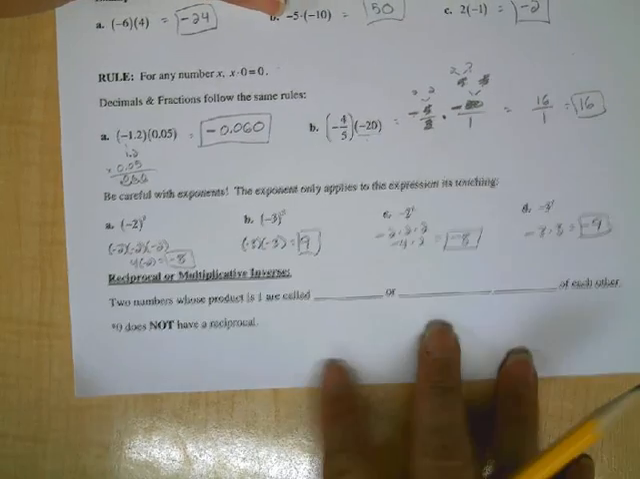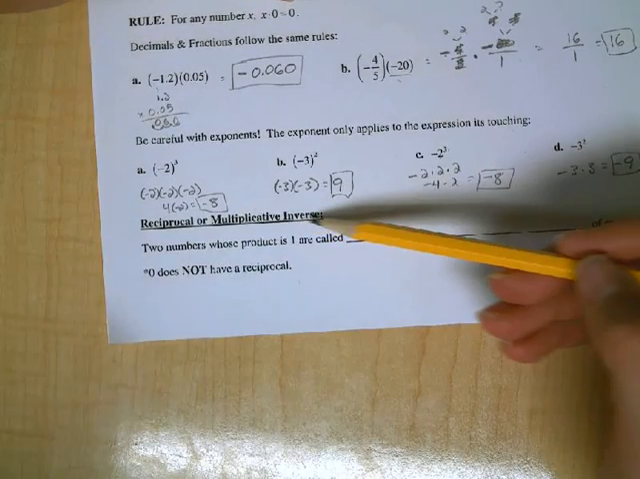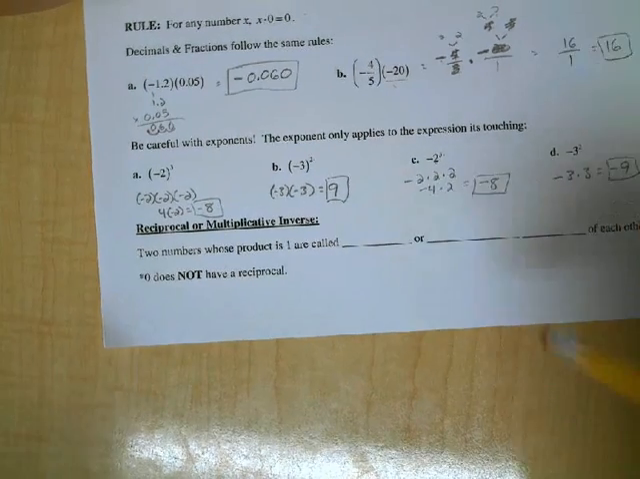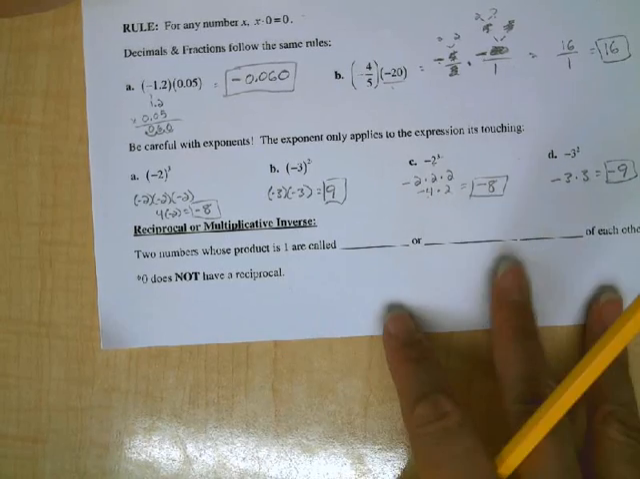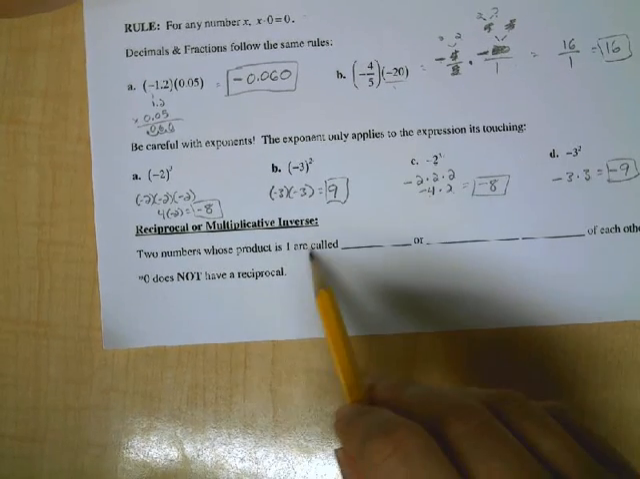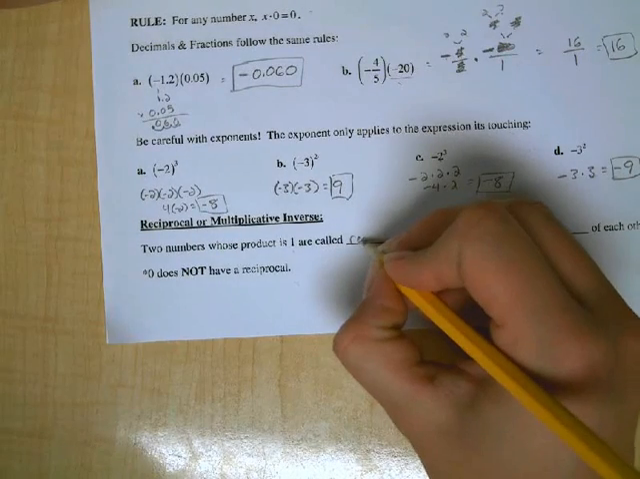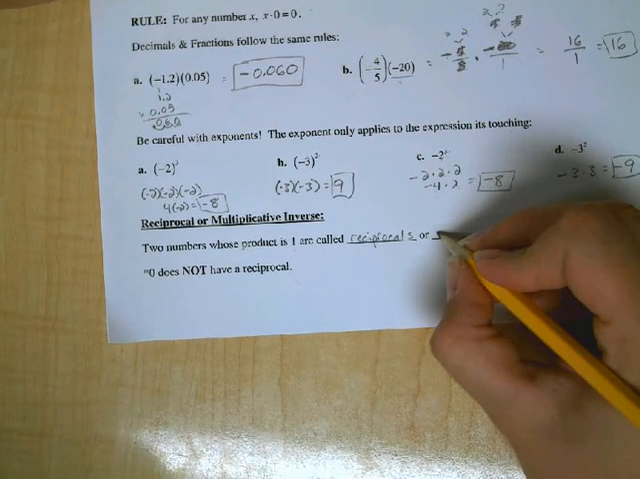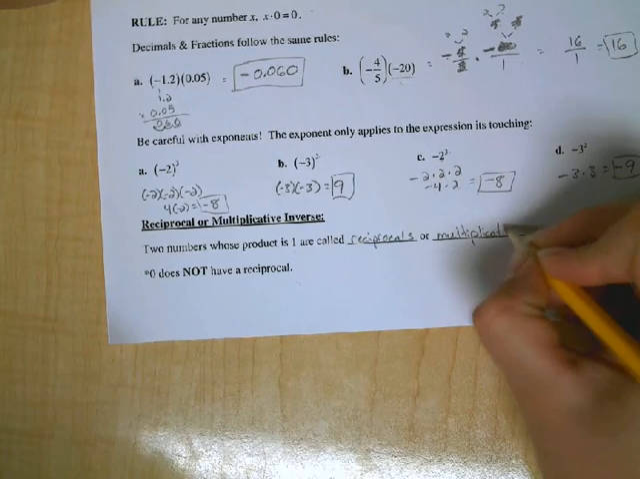So now I told you there was going to be an additive inverse. There's also going to be a multiplicative inverse, which is one of my favorite words to say. I just like it, multiplicative inverse. It's also called the reciprocal. So the reciprocal or the multiplicative inverse. Two numbers whose product is 1 are called reciprocals or multiplicative inverses